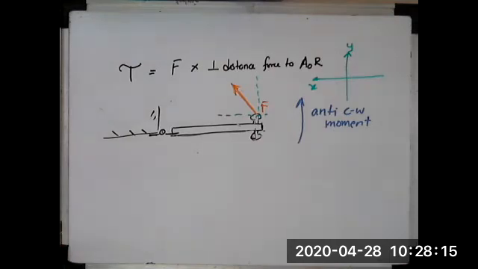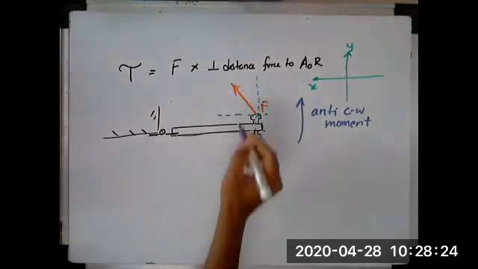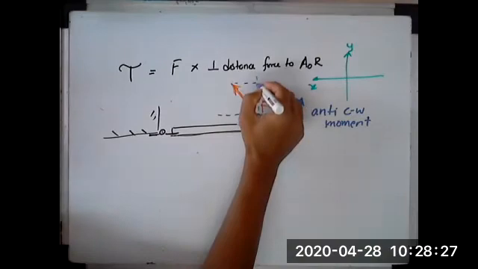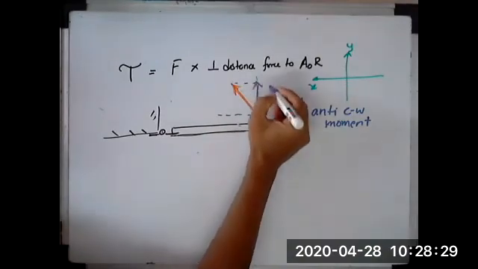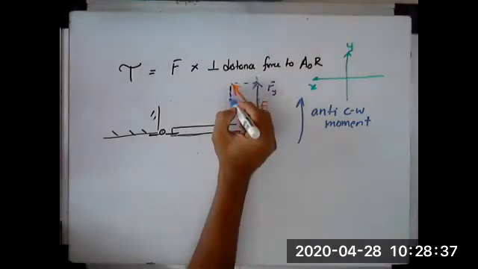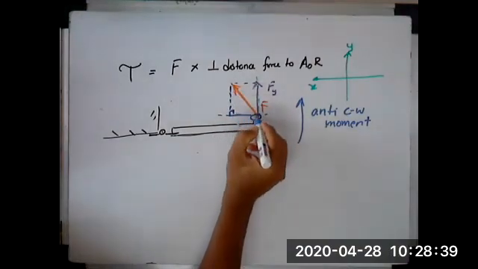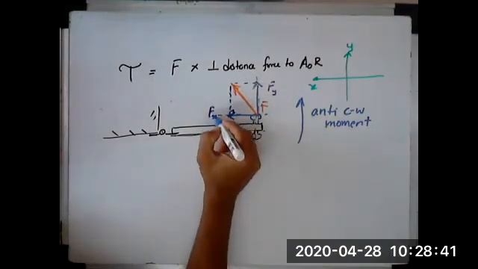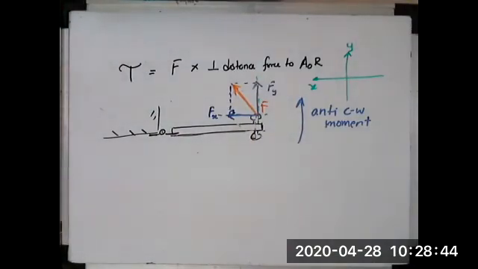So if I take these two directions and I resolve the force into the components that I want to, I'm running out of colors. Okay, the two components that I will get are this one, which is my force in the y direction, and this component, which will be my force in the x direction. I hope you are able to see that. Are you all able to see that? Any questions about what I have done so far?